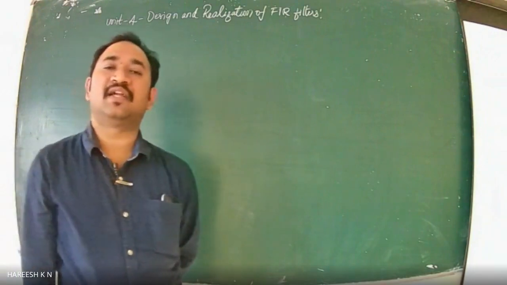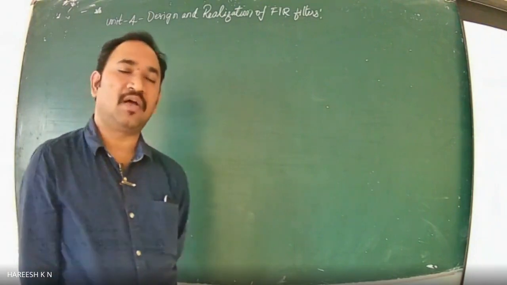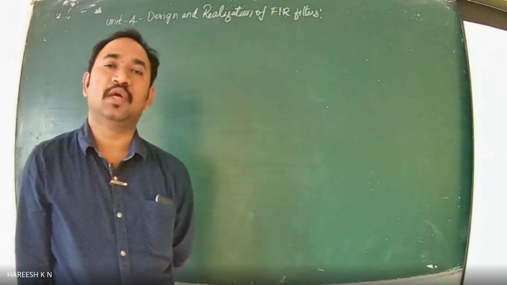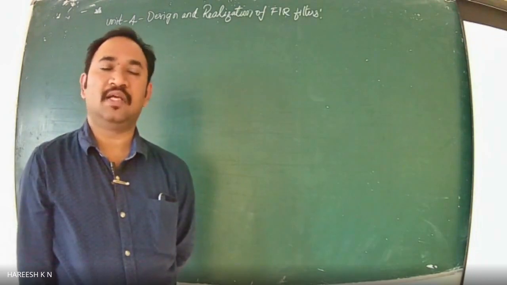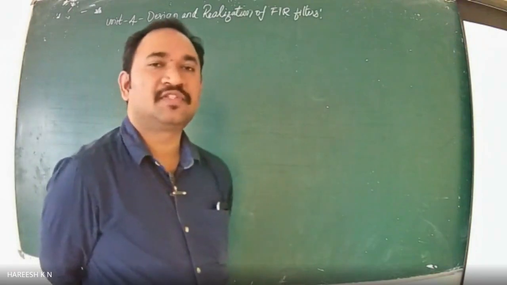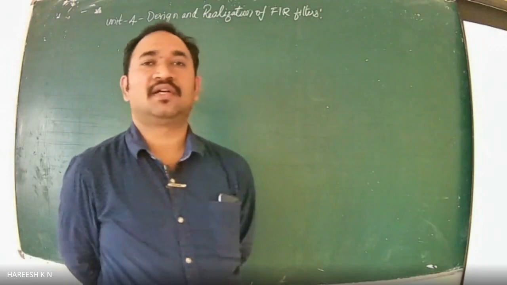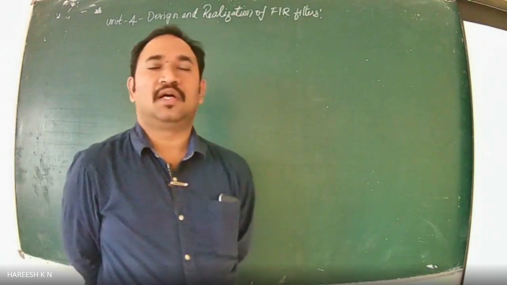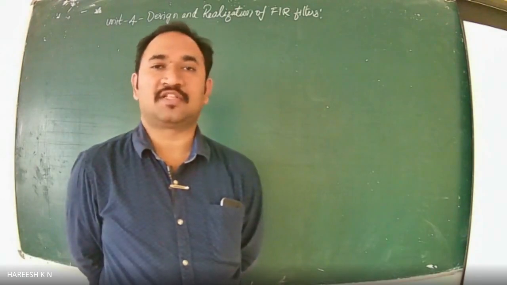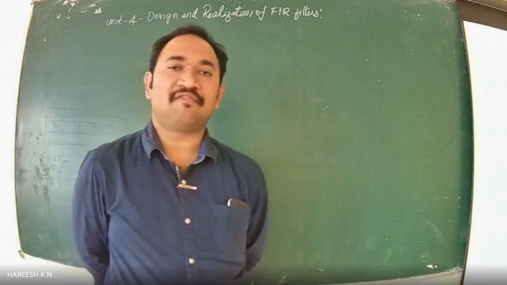Now, how to restrict it? With the help of windows. Therefore, we will be looking at the 5 to 6 types of windows that are in our syllabus, and those types of filters as well. Basically, the IIR filters discussed in the previous unit, the Butterworth digital filter and Chebyshev digital filter, are filters of infinite impulse response. They are called IIR filters. Now, these are called FIR filters.